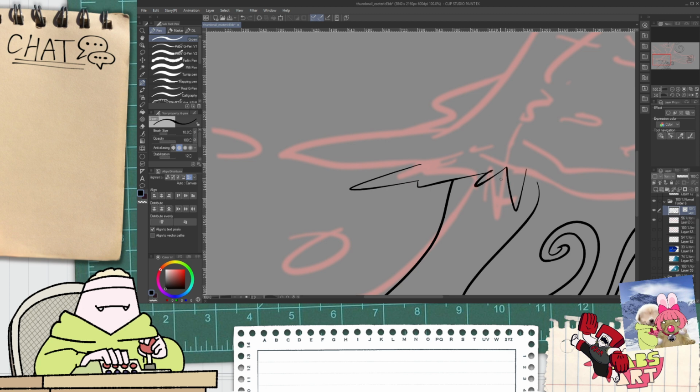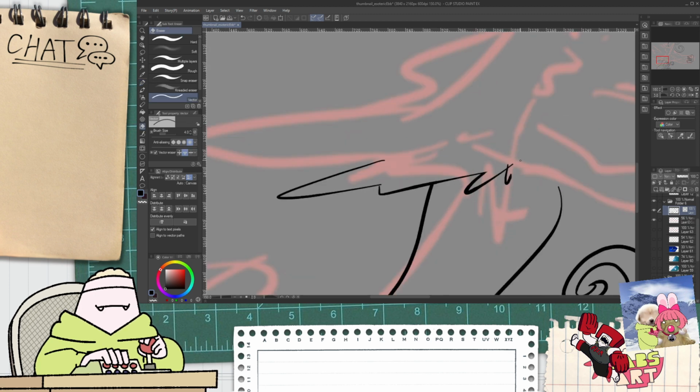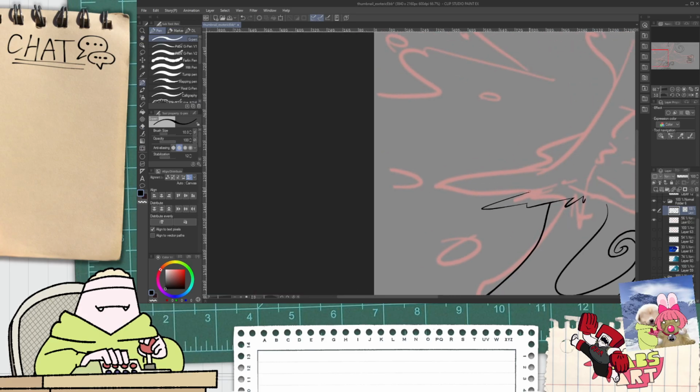Okay, then this is going to go like this. I wanted to make this line a little bit straighter because I feel like it would suit the impact that this is trying to create.